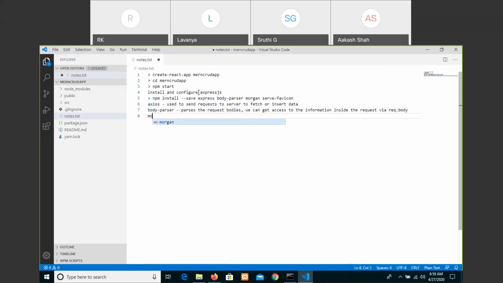Then Morgan, as I said, is a point of, we can say, logger information.